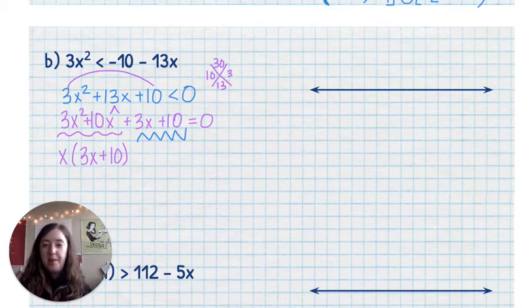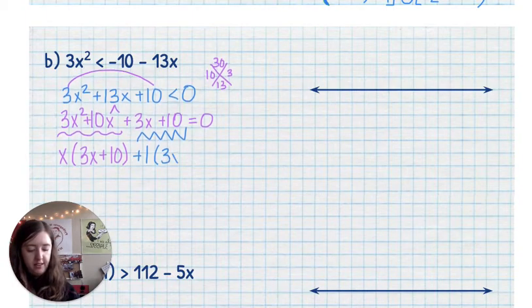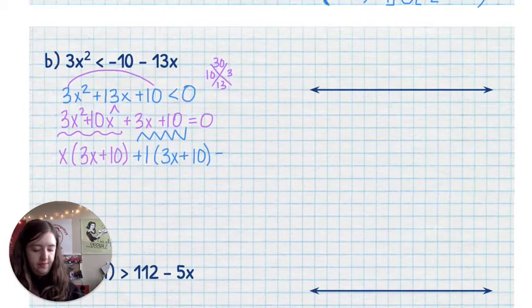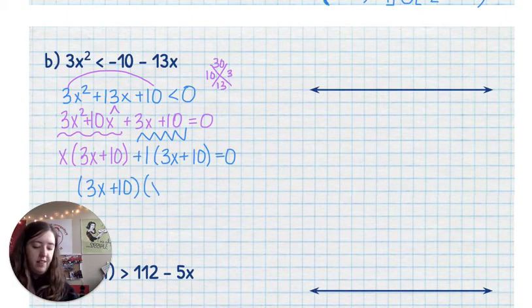What's the greatest common factor of 3x plus 10 if they don't have anything in common? 1, right? So I'm going to have a plus 1 there. 3x divided by 1 is 3x, plus 10 divided by 1 is 10, equals 0. We'll factor out what those two terms have in common, that 3x plus 10, and then we're left with x plus 1,